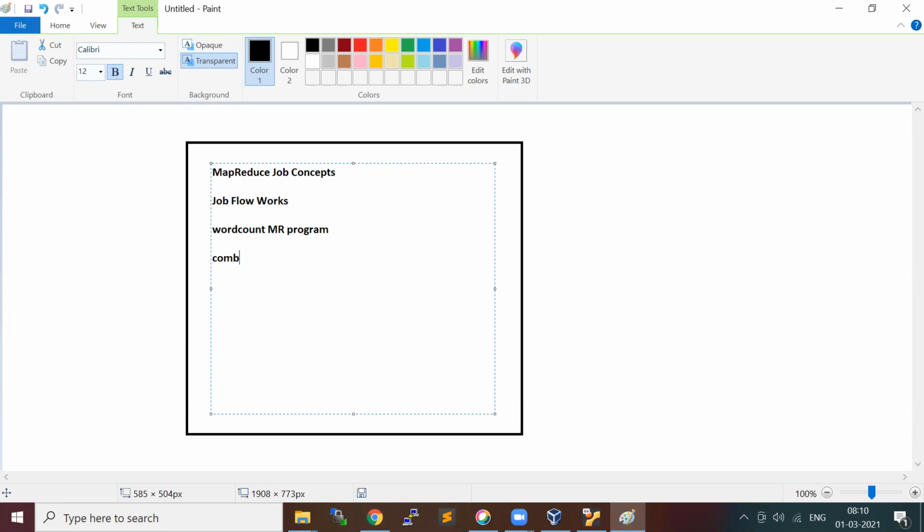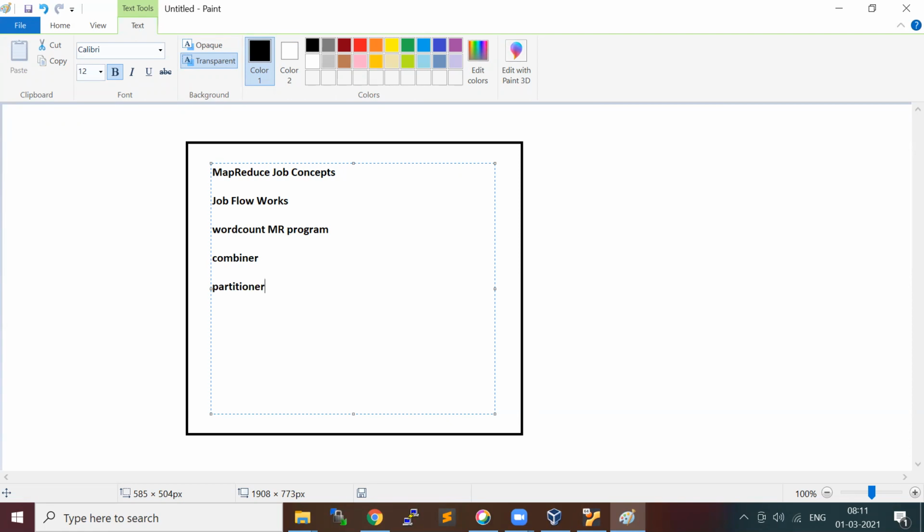We also tried to understand what a combiner is, and we saw the example. Then we took another example of analyzing stock exchange data and finding the maximum trade price of each symbol. We also discussed the partitioner, though I did not give you an example.